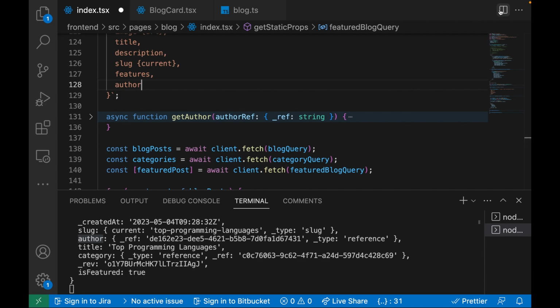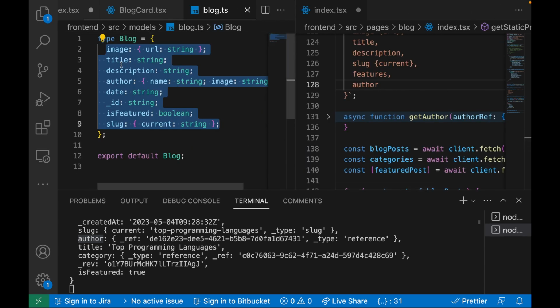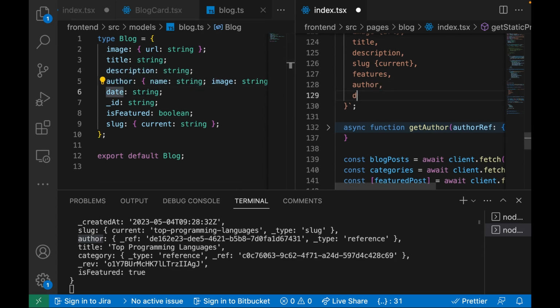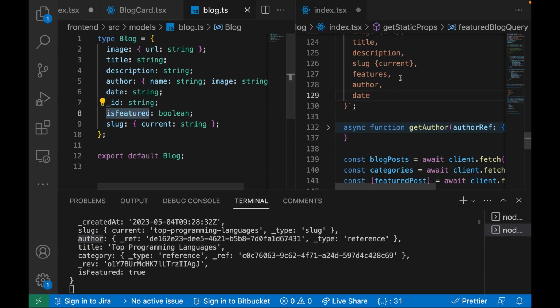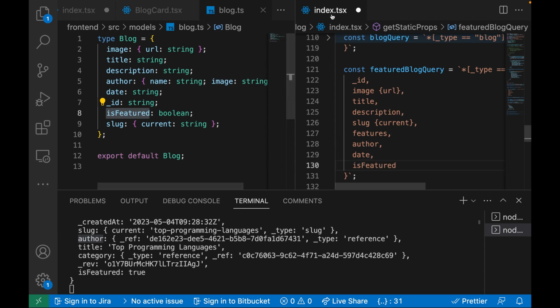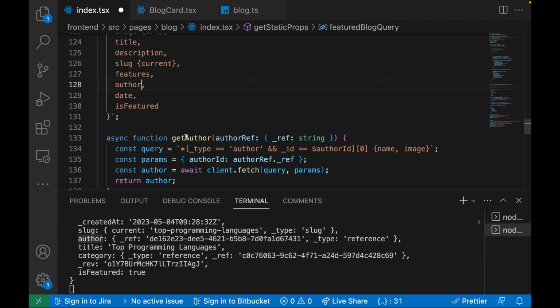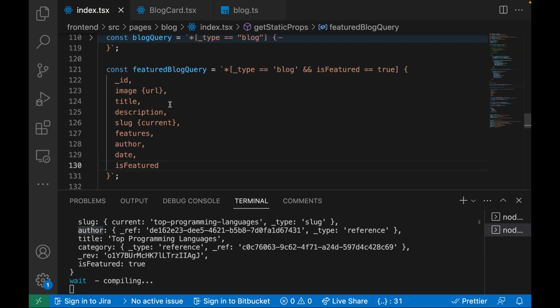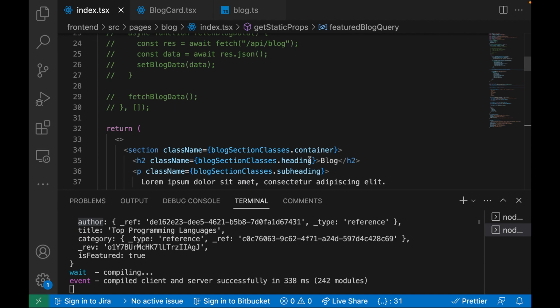And now let me split the screen so that we can see here. So the image, title, description, author, date. So here, you can also query the date. Underscore ID, is featured. So we can also query it here like this in this log. So this is it for our query. I'm going to save this, and here we are going to say